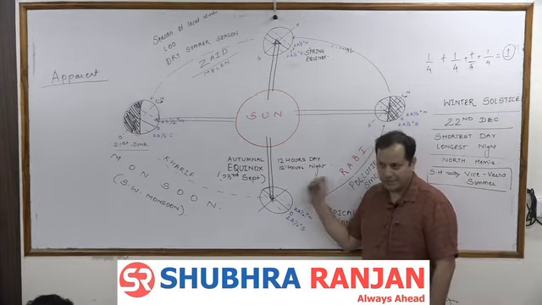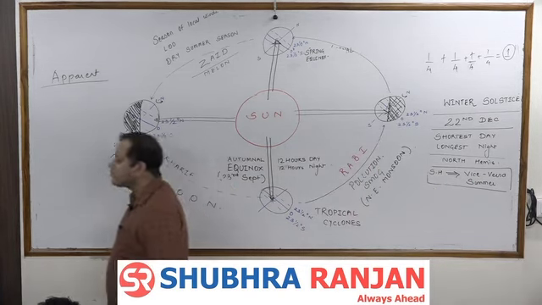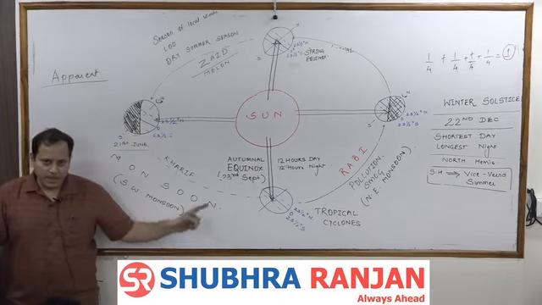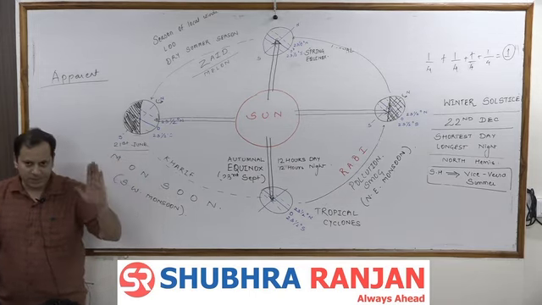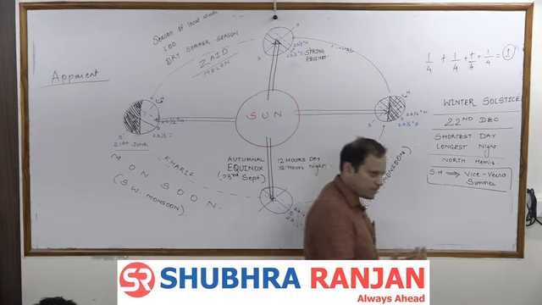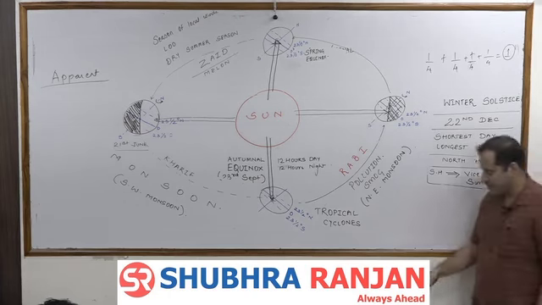On 23rd of September. And therefore, as the light is equally distributed from the center of a sphere, equator क्या है? Center of a sphere. As the light is equally distributed from the center of a sphere,